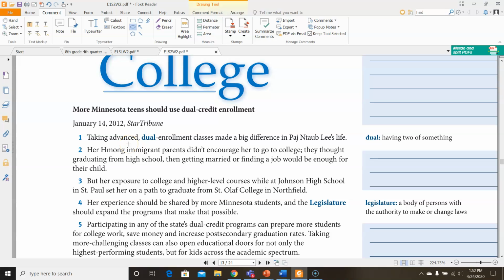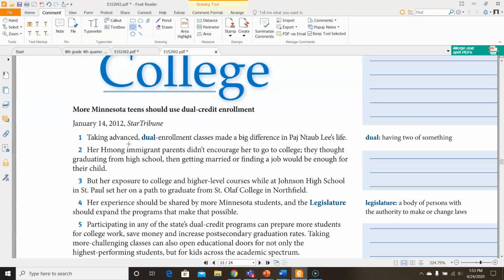Taking advanced dual enrollment classes made a big difference in Paj Nutab Lee's life. Her Hmong immigrant parents didn't encourage her to go to college. They thought graduating from high school, then getting married or finding a job would be enough for their child, but her exposure to college and higher level courses while at Johnson High School in St. Paul set her on a path to graduate from St. Olaf College in Northfield. Her experience should be shared by more Minnesota students, and the legislator should expand the programs